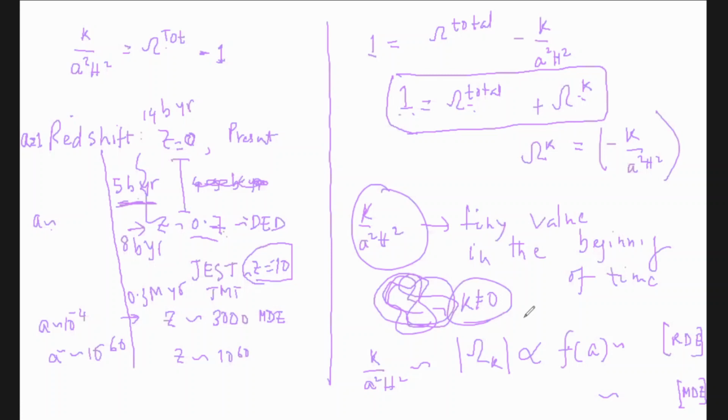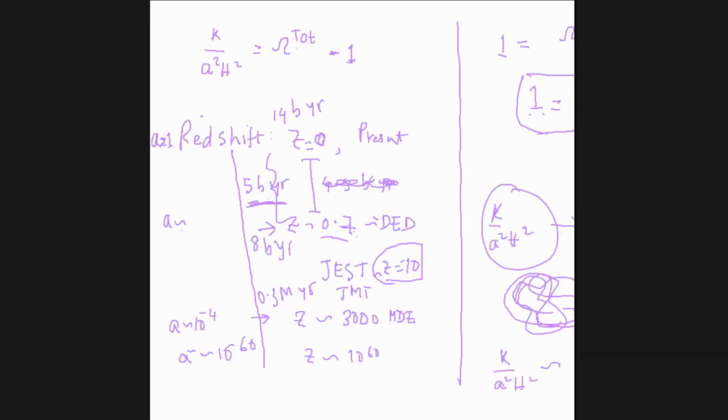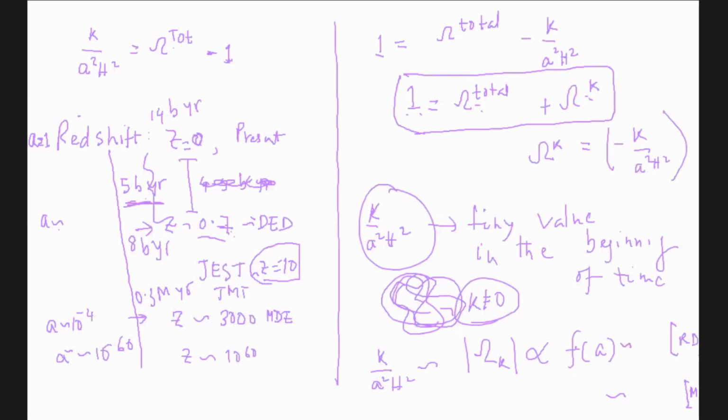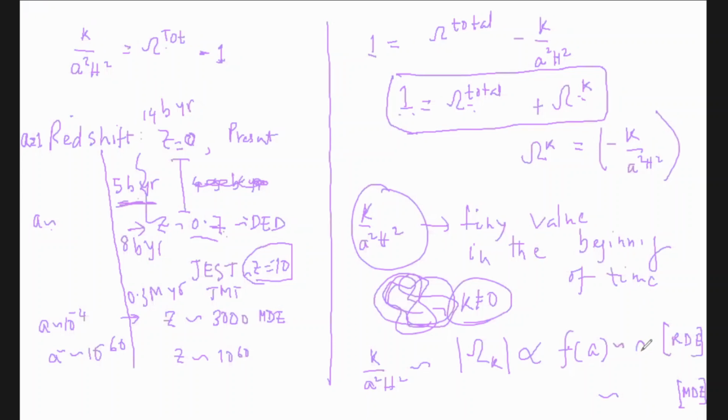How does H go in radiation dominated era as a function of scale factor? Write down the Friedmann equation and only keep the radiation term. Not able to do it? This is the easiest thing ever. Is it like a squared? Yes. It goes as a squared. Awesome.